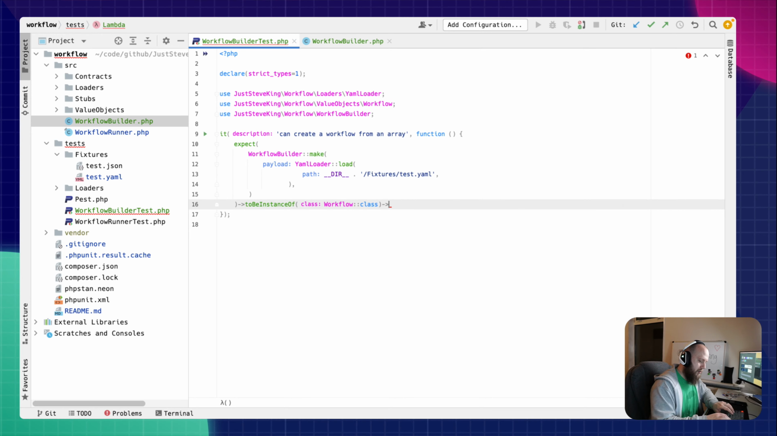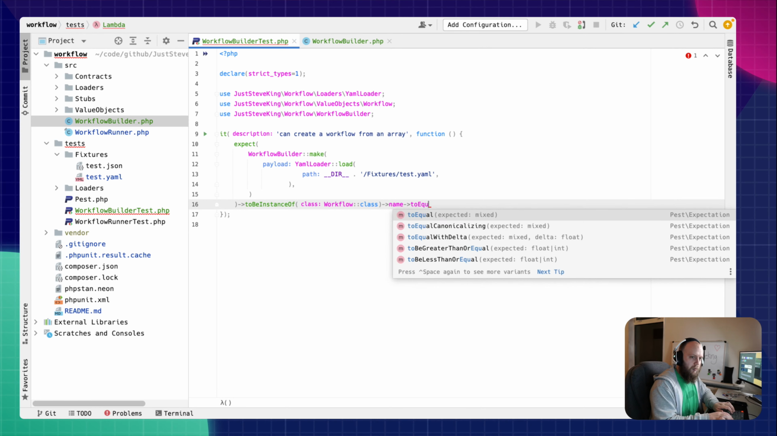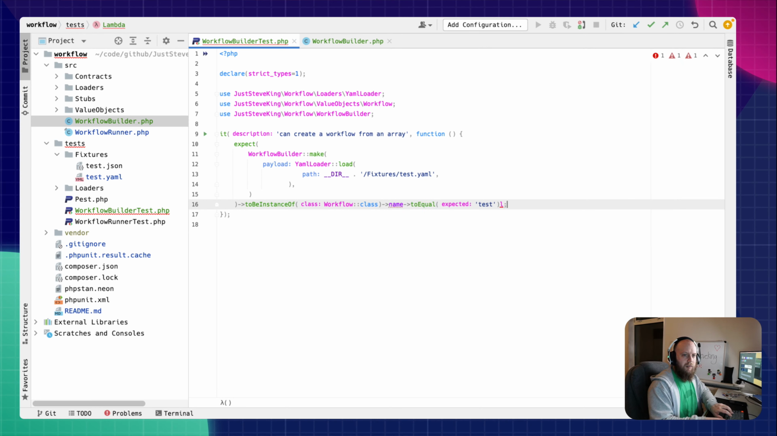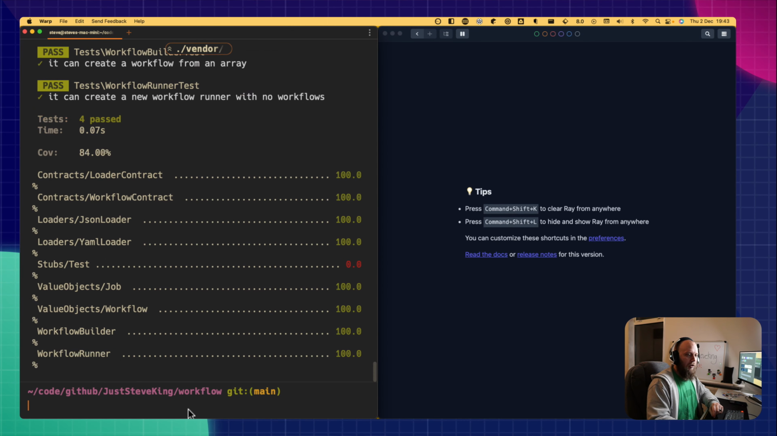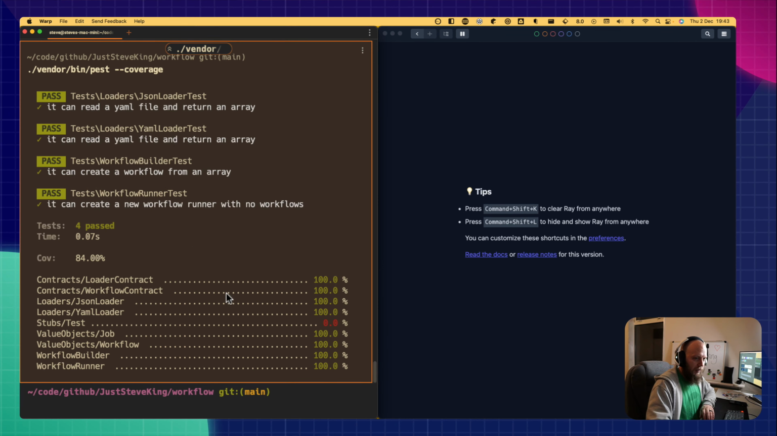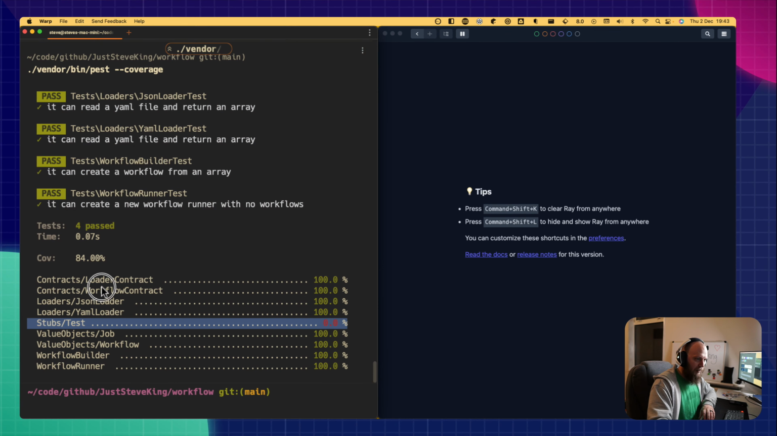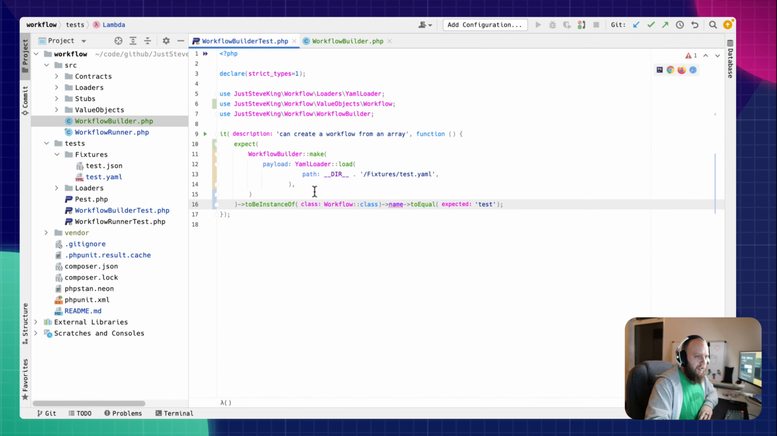And we expect name to equal test. So now let's have a quick look. We're getting better. And now it's just our stub that isn't working. We haven't used our stub yet, and that's fine because that's our next step. So we know we can build up a lot of this stuff in the background, and our next step is